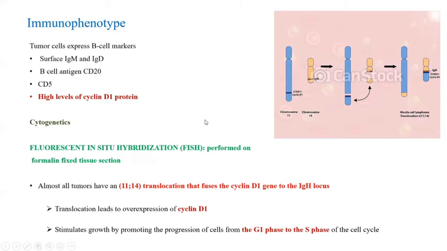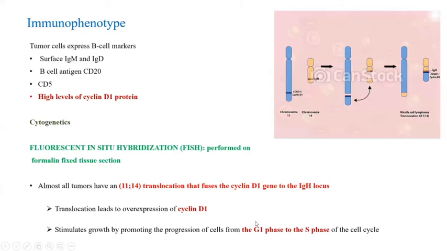So why does this tumor cell express cyclin D1? Because it depends on the translocation. You can see there is a translocation between chromosome 11 and 14. Mantle is like M, so it will be the 11 translocation. The cyclin D1 gene is translocated to the IGH locus. You can see this is the IGH and cyclin D1 locus. So now the cell can express cyclin D1. Due to this translocation, the tumor cells are very rich in cyclin D1 protein. When there is excessive cyclin D1, the cell will progress from G1 to S phase more rapidly, so the cells will be more proliferating.